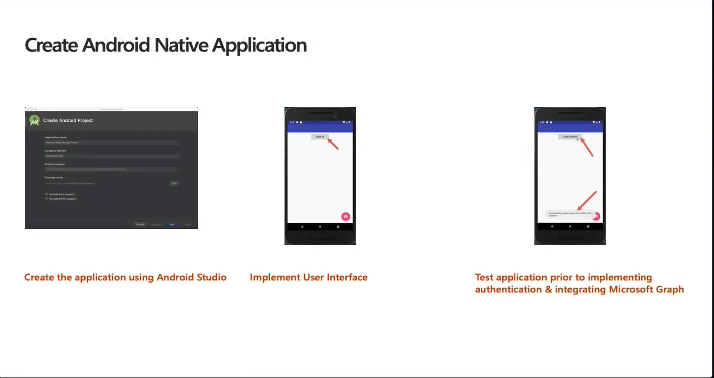So what does that story look like? Well, here are some screenshots of what you would see. First, you're going to create the application using Android Studio. That's a native app that's going to be running on your desktop. Then you're going to implement the user experience. And here you can see all I've done is a really simple user experience that has a sign-in button. And then you're going to test the application